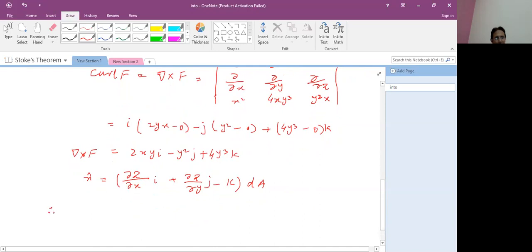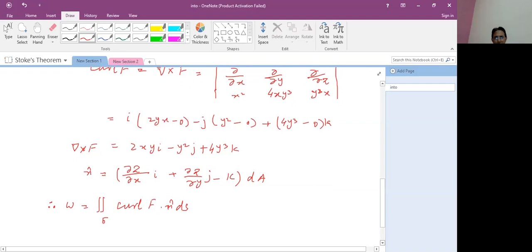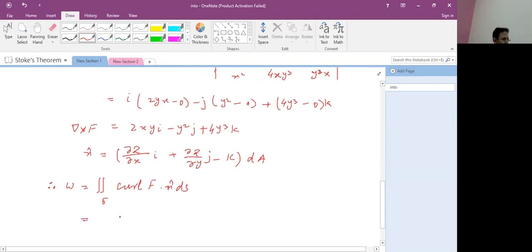So therefore, W is equal to the double integral over sigma of curl F dot n cap dS, which is equal to, since z is equal to y as you have given, when we find curl F, it is 2xy i plus